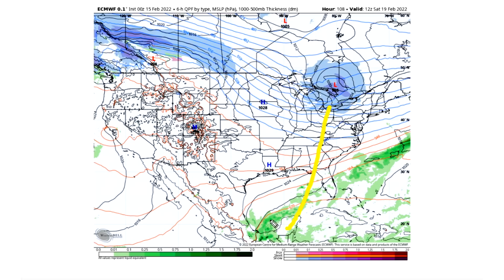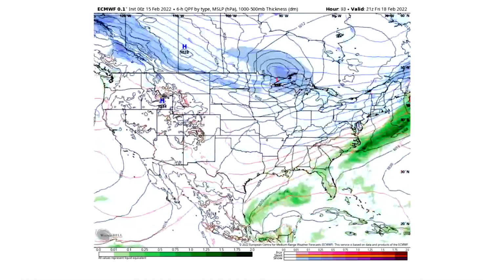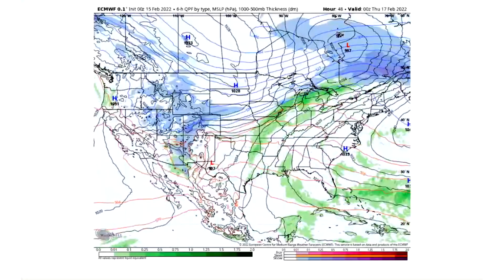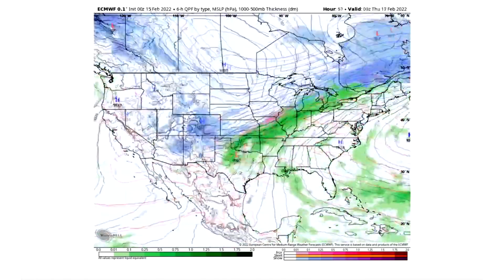You're looking for this: the trough in the west, ridge in the east, and then this progressively moving eastward to shove out the ridge. That is when we see bad severe weather take place, and you see that's exactly what happens here. You see those blue lines horseshoeing down? That is our trough, and you see how it just comes in and crushes that ridge out. That is a severe weather setup,